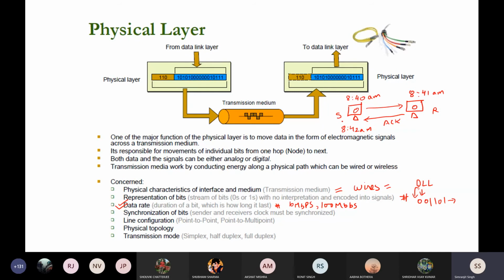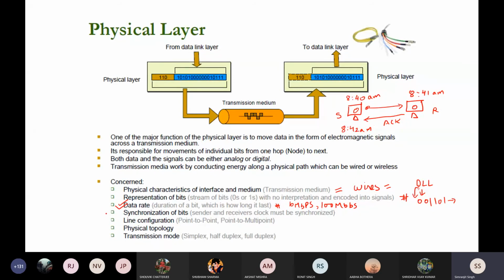If this kind of synchronization between the sender and receiver does not exist, it will take a large amount of time, and the communication will not be very effective. Suppose some packets are lost on the way. If the acknowledgement does not come, it will take a lot of time.